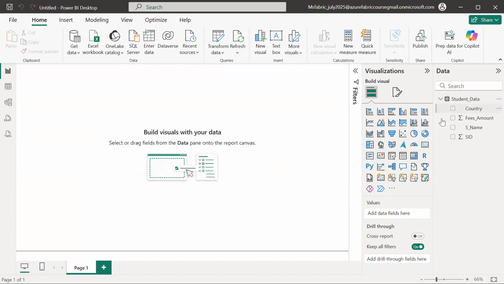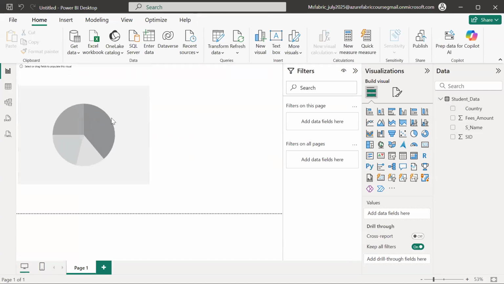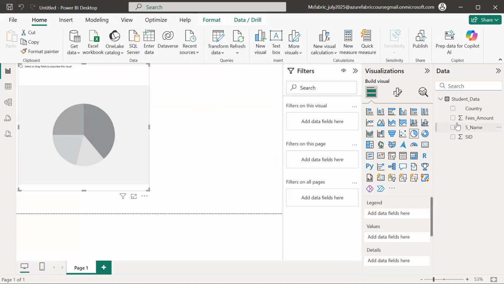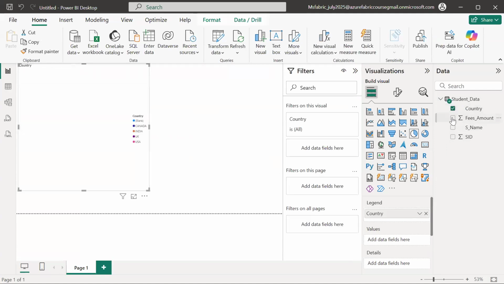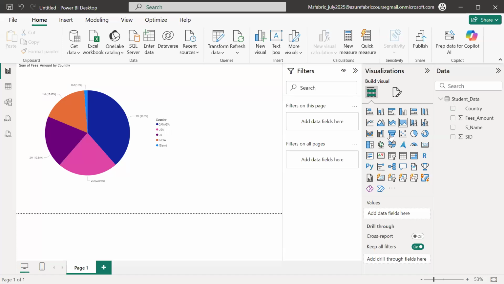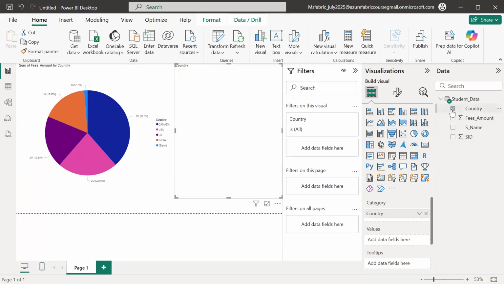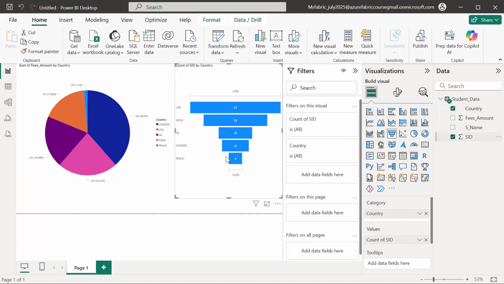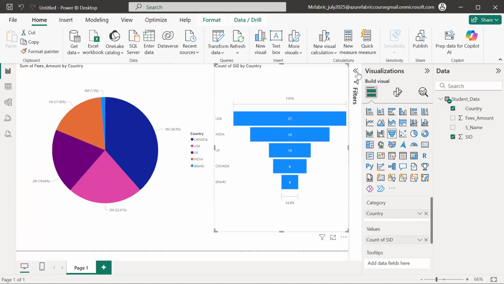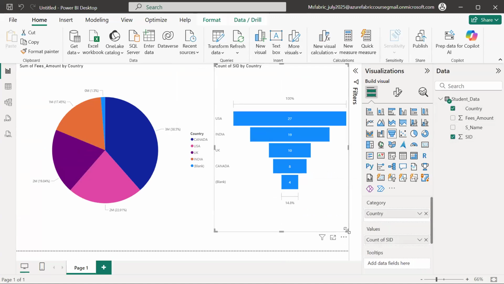We got the student data. I want to design some dashboards and reports. Here I want to see the student country-wise fees, total fees, and student-wise values and their counts.